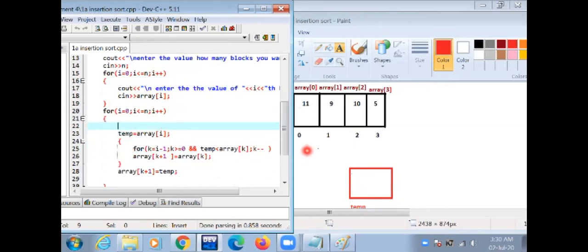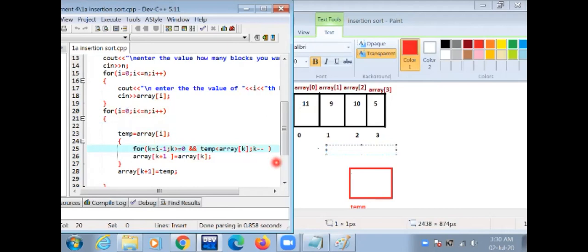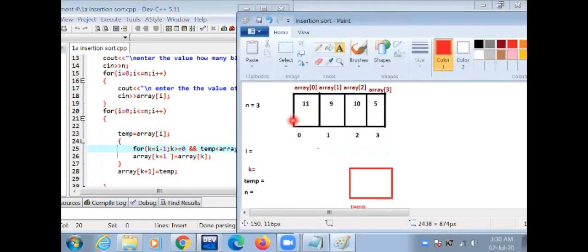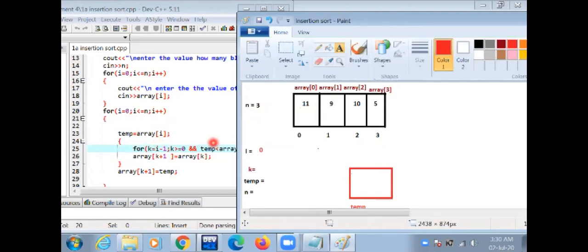We use this loop to traverse the array, and temp equal to 0. The value of i is 0, and temp equal to array i.